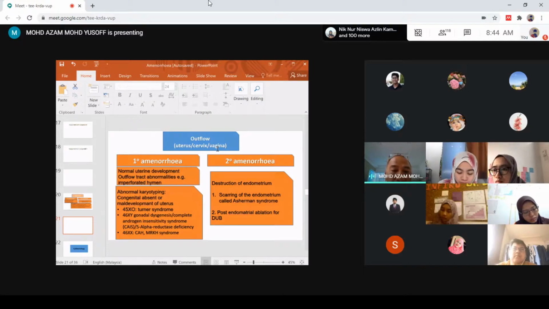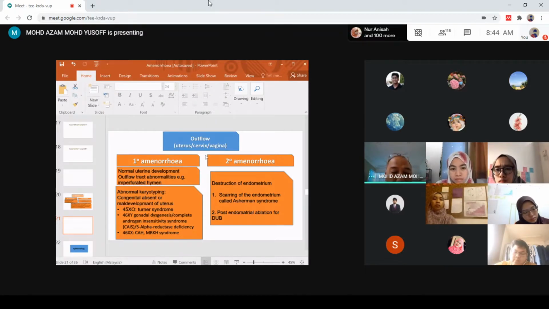If the hormonal axis is complete and functioning well, but there is a problem with the uterus, cervix, or vagina, the menses will not happen, isn't it? For example, in primary amenorrhea,